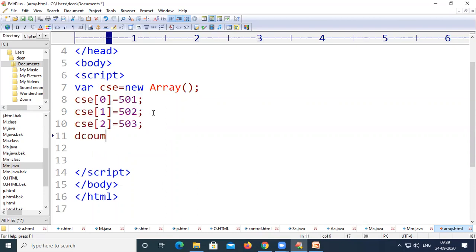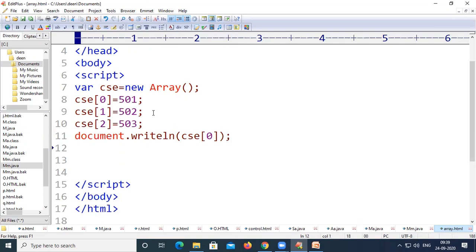Now similar to the previous thing, if I want to print some value which is at a particular index, I can use document.writeln. If I want to print the value which is at index number 0, I can simply give document.writeln of csc of 0.